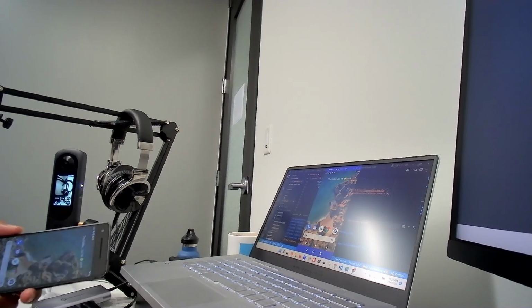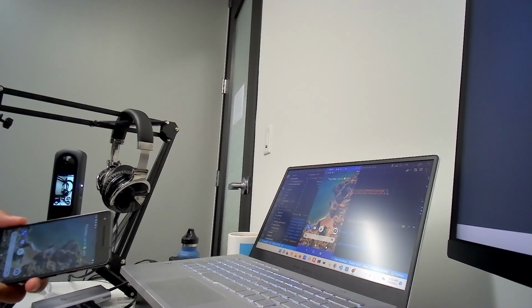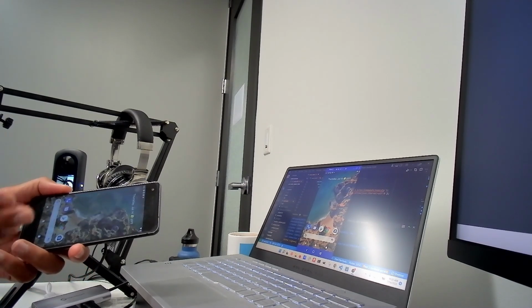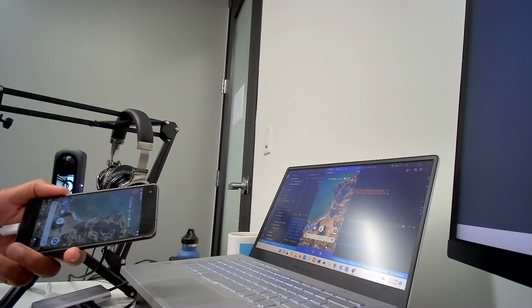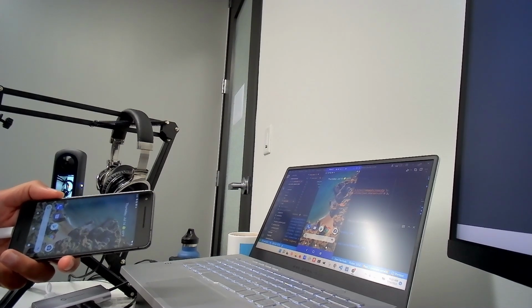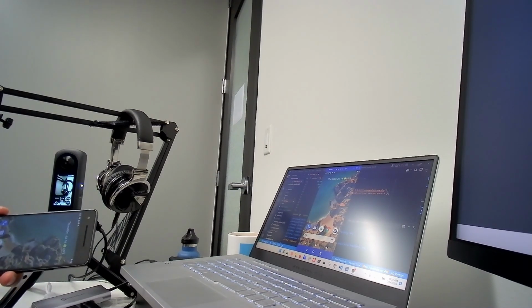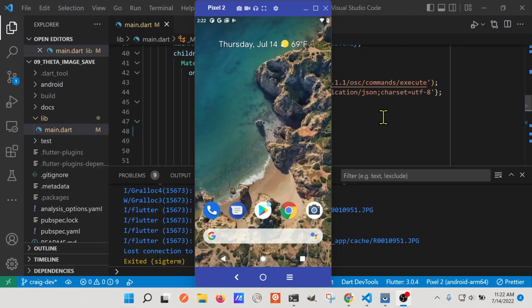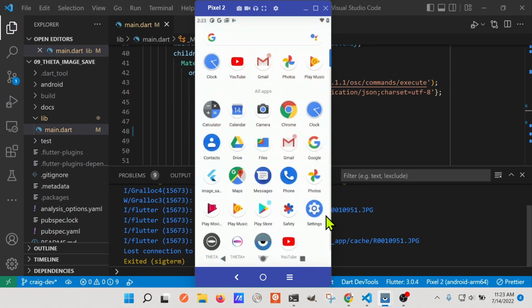I'm going to test the development workflow of the RICOH THETA X with a physical device, a Google Pixel 2. The reason for that is that certain applications such as Google Photos do not appear to be working properly with the emulators. So I have the physical device shown here using Visor, and I already have it connected to Wi-Fi. So in the development workflow, this is a physical device phone,